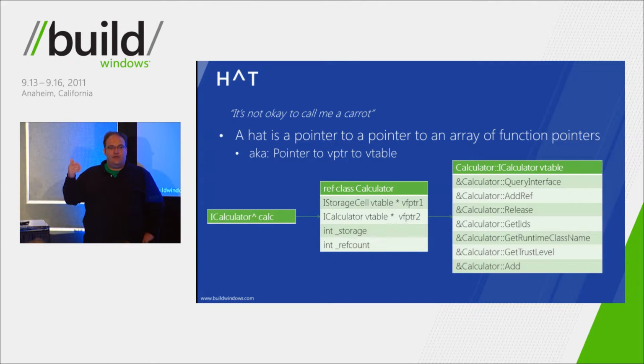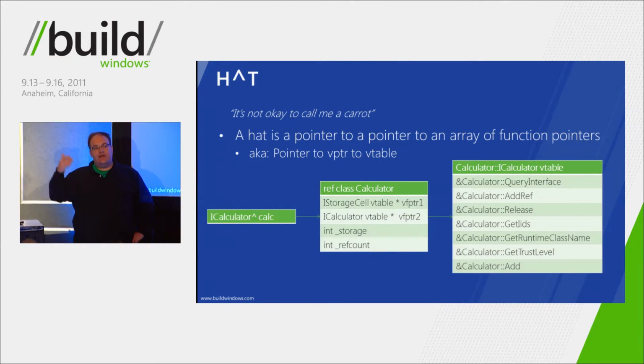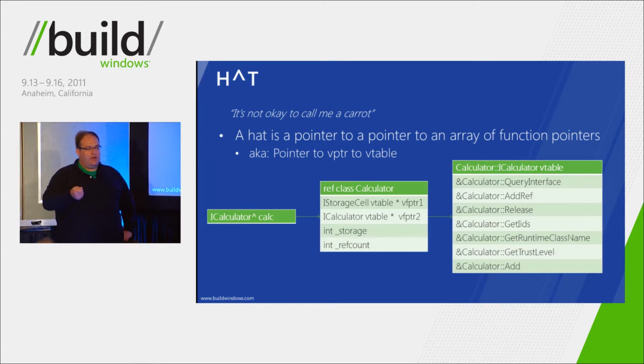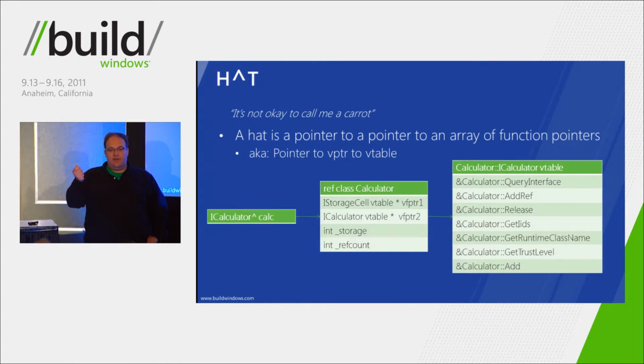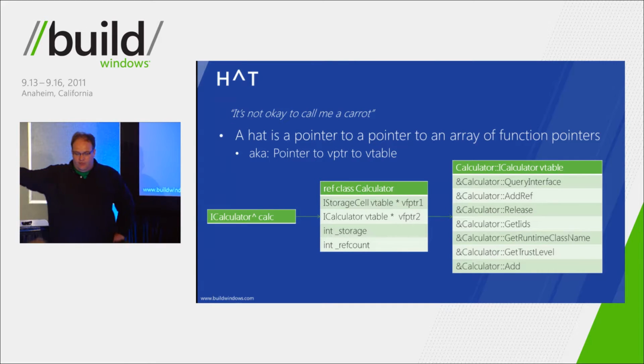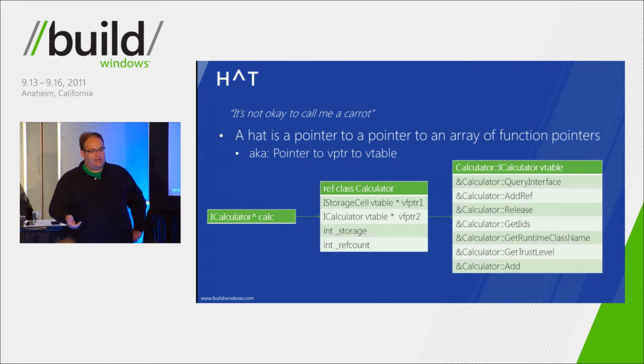This is what allows JavaScript to call into .NET and get dynamic dispatch. Now, JavaScript obviously doesn't have a language-based type system. It has a runtime-based type system. So whether in C++ you return an object of type calculator hat or an object of type object hat, you can call the same methods on it in JavaScript. How JavaScript knows what object you call against is that it calls its GetRuntimeClassName. So when you call it on Andy's calculator component, you call into vtable slot number 5, GetRuntimeClassName, and it'll say